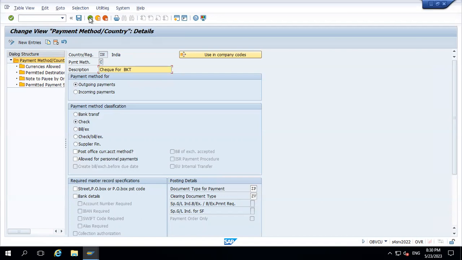No, sir. Okay. So it is an interview question also. Currency allowed permitted destination. Can we restrict any currency to a payment method? You should say yes. In payment method in country, there is an option while creating the payment method. We can go and specify any currency over there. Whatever currency we specify means we can only make payment to those invoices in that currency